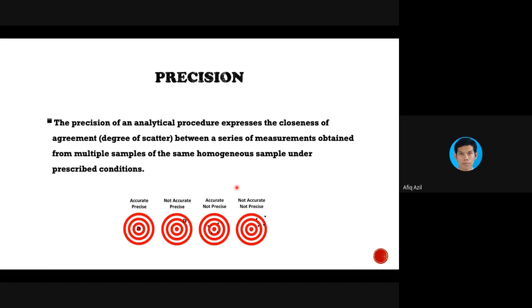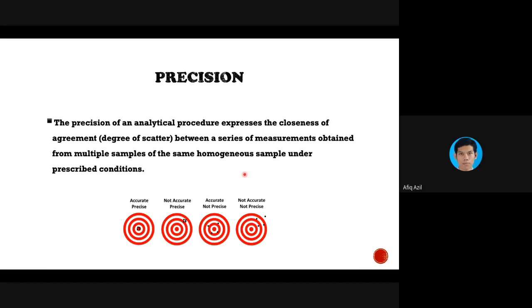Precise means the numbers that you obtain are very similar. If you do the titration, there could be some difference. It doesn't have to be exactly the same. For example, the first reading is 23, second one 22, the third one could be 23.5, fourth could be 24. So that is considered to be precise enough.